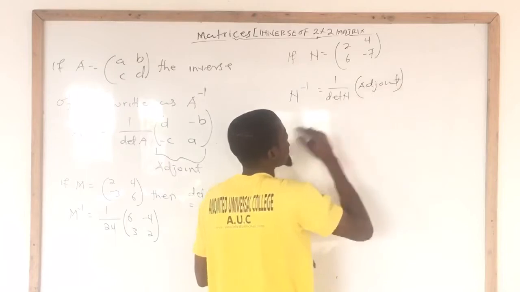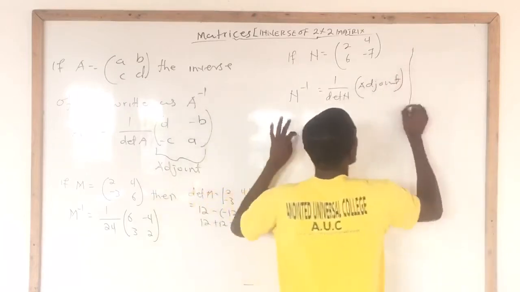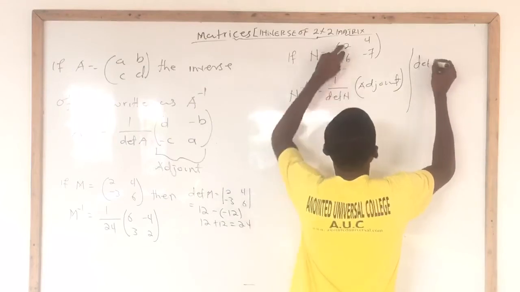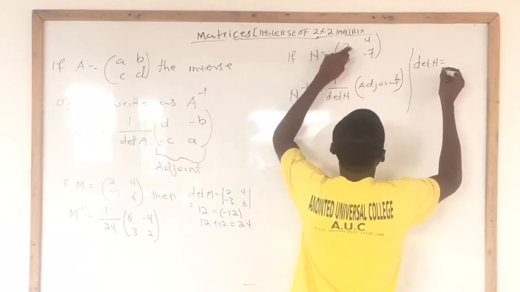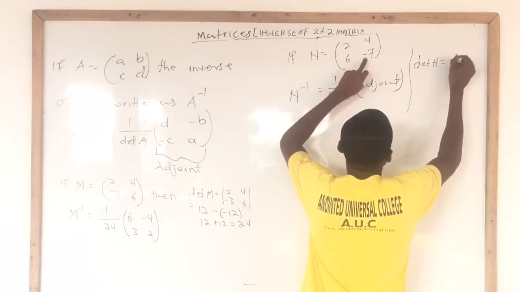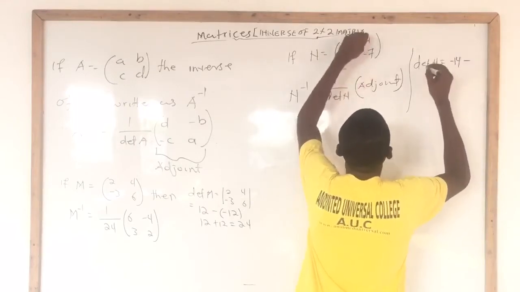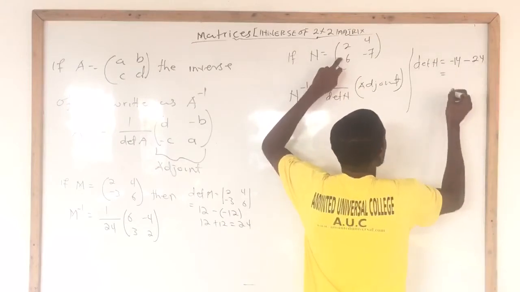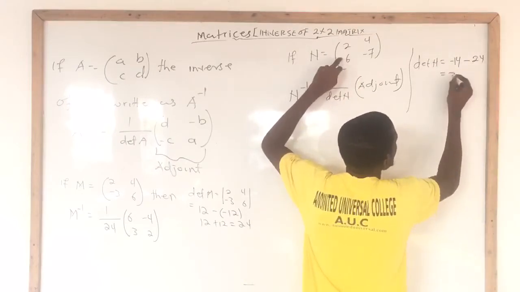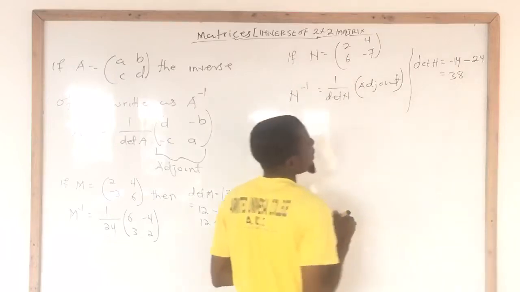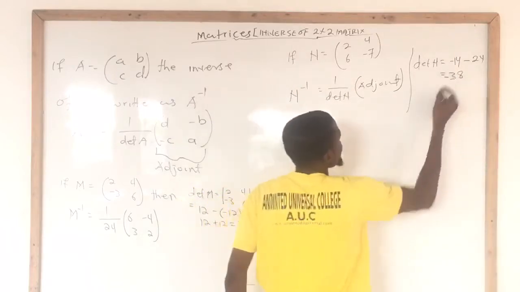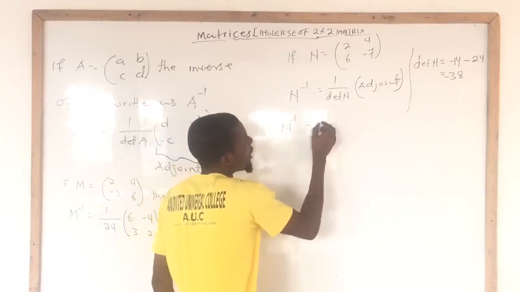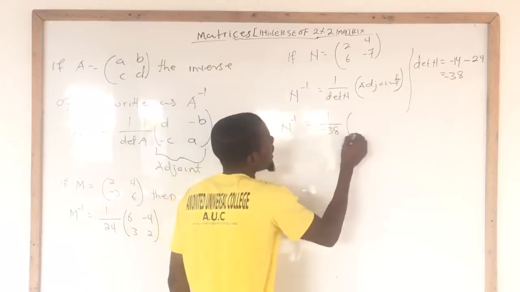So let's first find the determinant. Now we all know the determinant of N is given by the multiplication of the leading diagonal. 2 times minus 7 will give me minus 14. Minus 4 times 6 is going to give me 24. So the final answer is going to give me 38, I think. Yes, negative 38, sorry. So the inverse of N is given by 1 on negative 38 times the adjoint,